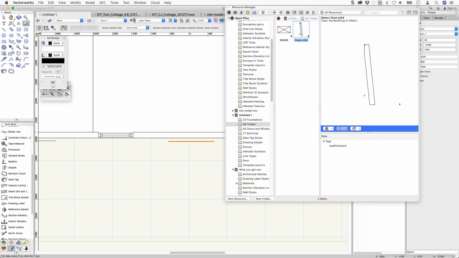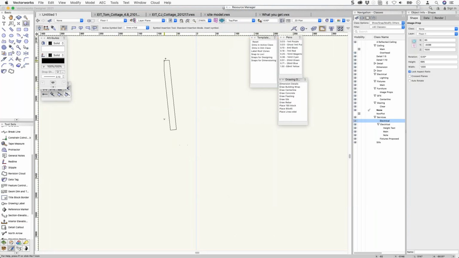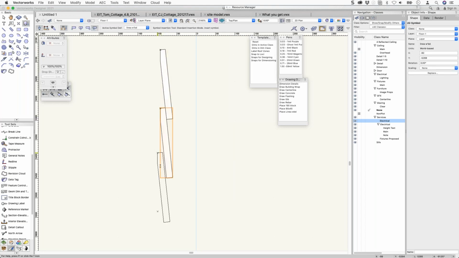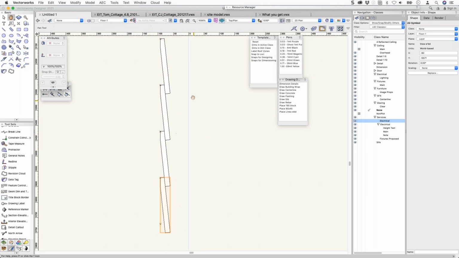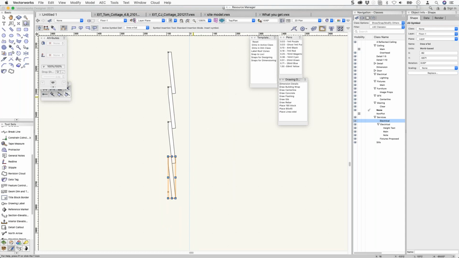So I've got this weatherboard, and it's designed to work from the top down. I should really have made it work from the bottom up, but you learn. So it goes there, and then there, and then there. And you can see that those little crosses, those little 2D locus things, are designed to make sure that they snap together accurately. The trouble is when I convert that to a group,